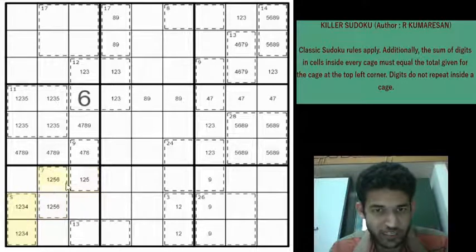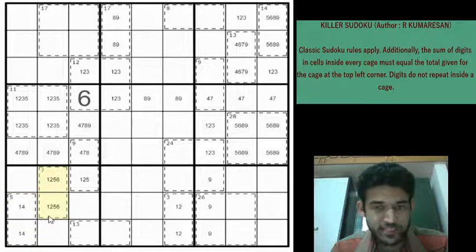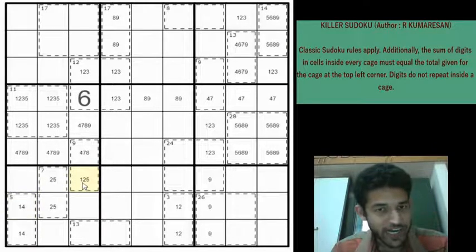So let us look at this box. What happens if you have a 1 and a 4 here, right? When you have a 1, 4 here, now for the 7, it can either be 1, 6 or 2, 5, right? 1, 6 is eliminated when you have 1, 4 here. So this will be 2, 5. And now look what happens for this cell. You can't have a 1, you can't have a 2, and you can't have a 5 as well.